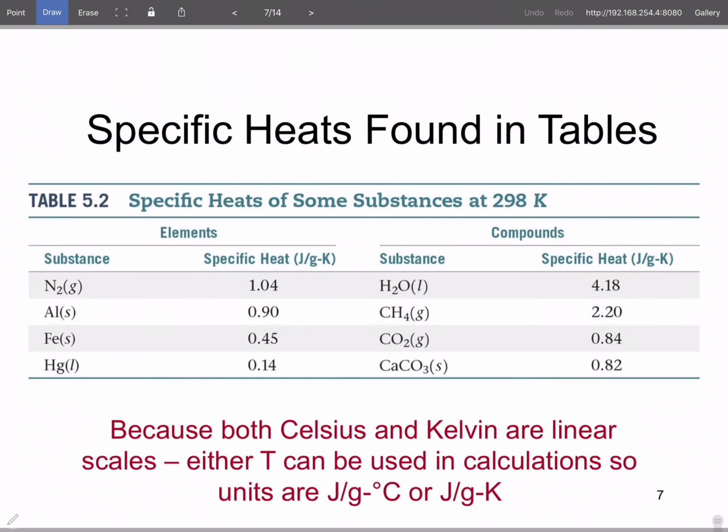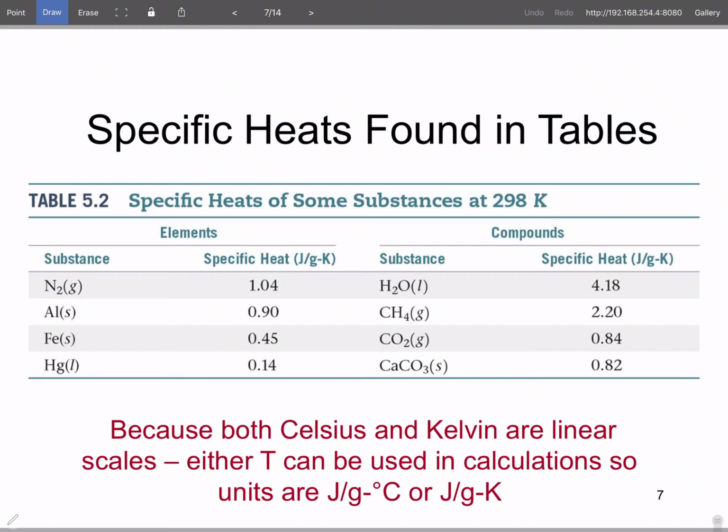But where do you get such values? Well, you can either determine them. If you're given the energy transfer and the other information, except for the specific heat, you can calculate the specific heat, or you can look it up. Now, you can't look it up on a test, so I will be giving you the specific heat, but here's the specific heat of some things